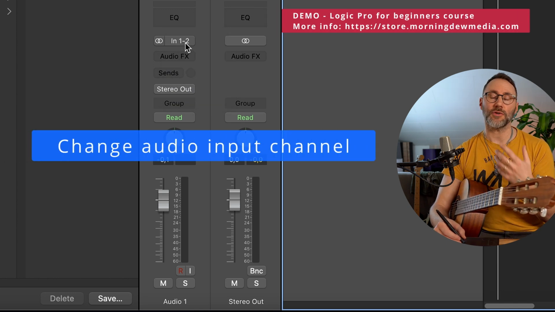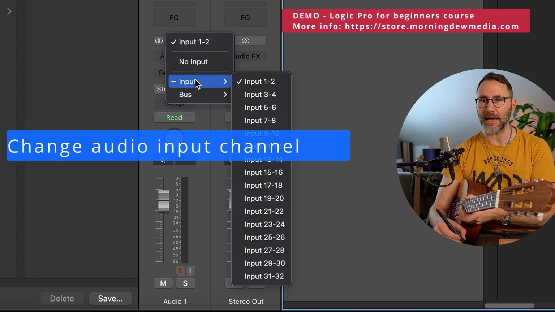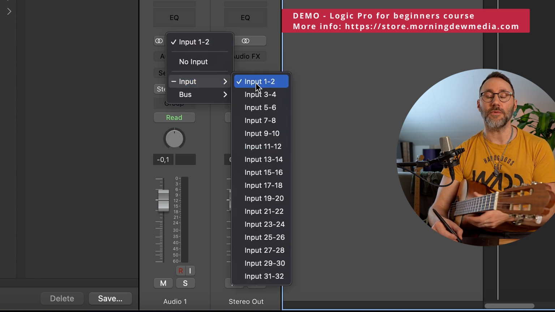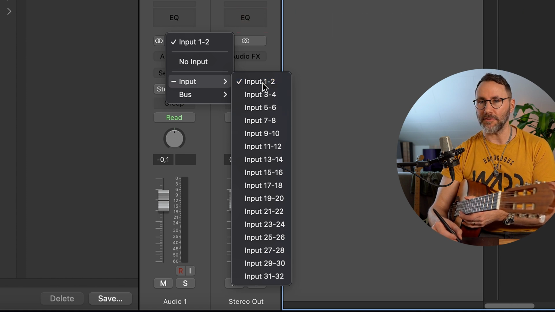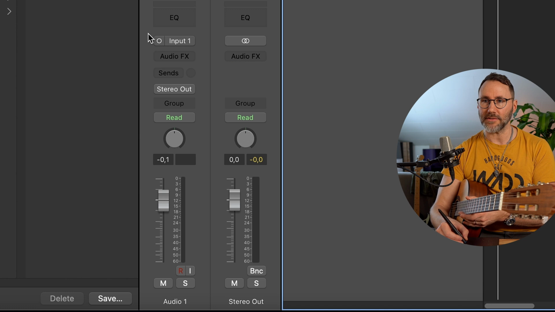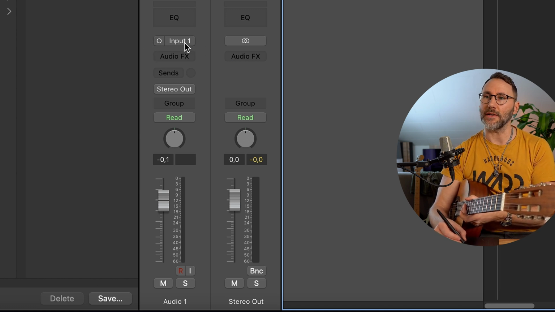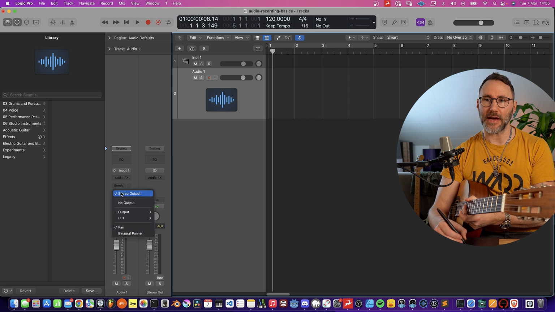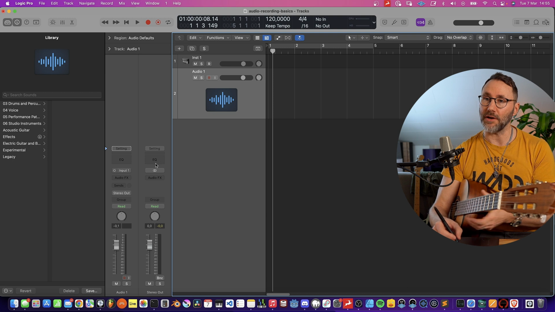At any given time you can change the inputs for an audio track just by pressing this input button and go down to inputs here, and here we can see all the inputs that our audio interface provides. And for this track I'm going to do a mono track, since we're recording with a single microphone, and from input 1. Further down the line we can see that the output of this track is set to stereo output, and that can be good for now.